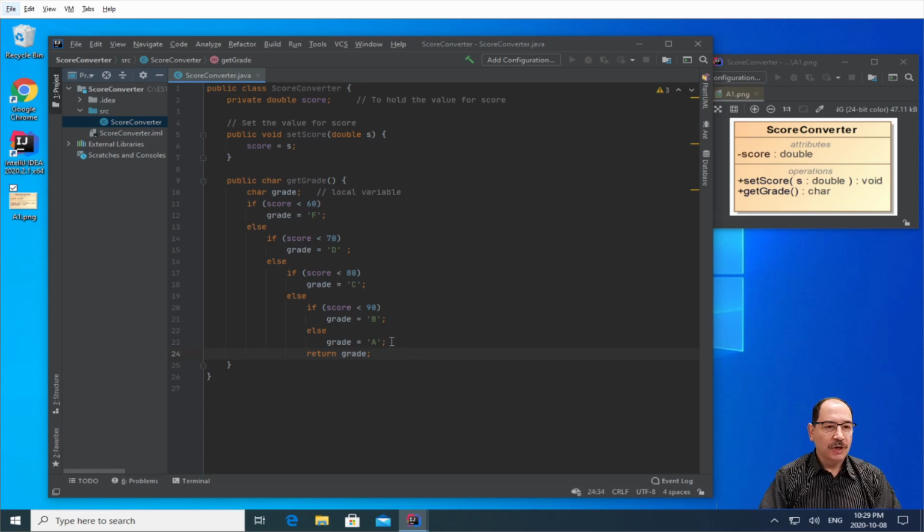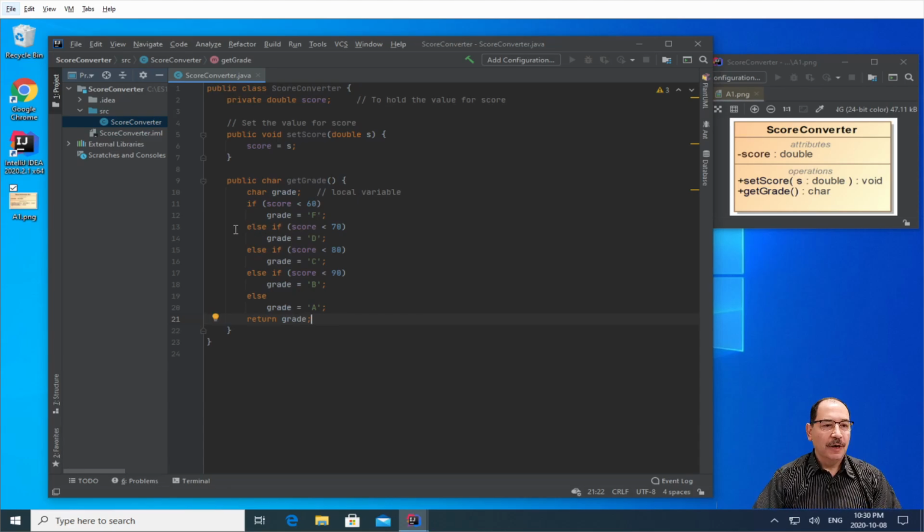We have a good feature in our IDE. If we hit Control Alt L, the IDE will reformat the layout of these statements. So Control Alt L, see that it automatically converted to this format, and the IDE put else if in one line. And by the way, we have a statement called if else if statement. So we have the if statement alone, we have the if else statement, and now we know that we have the if else if statement. And again, the logic here, if it is less than 60,